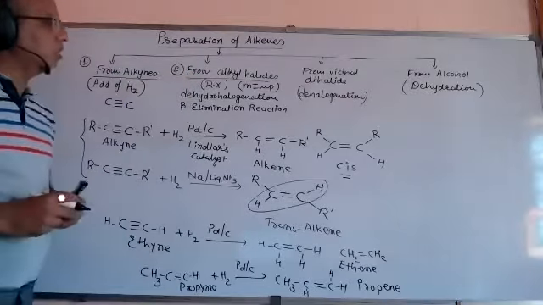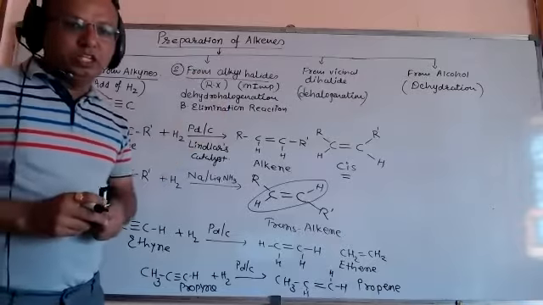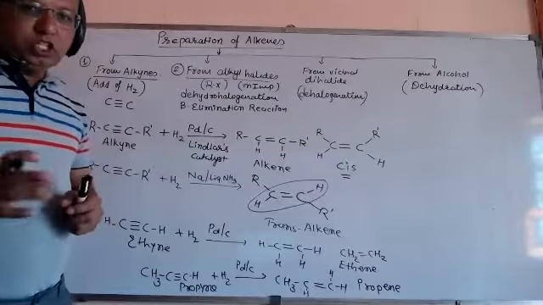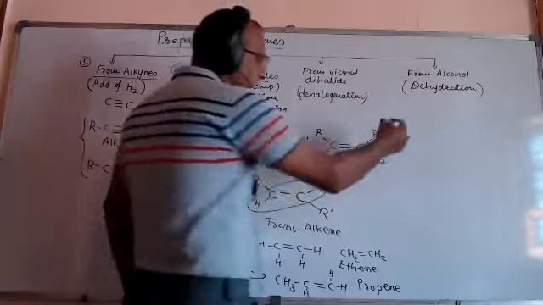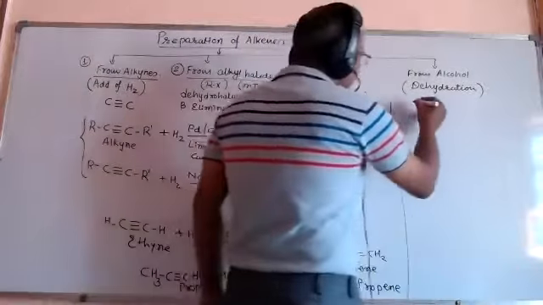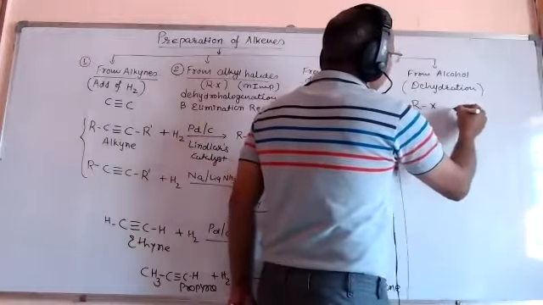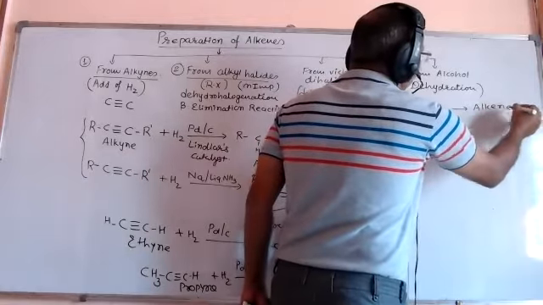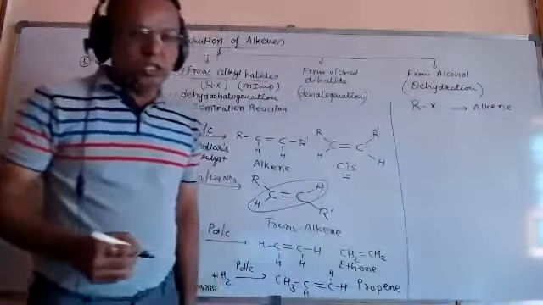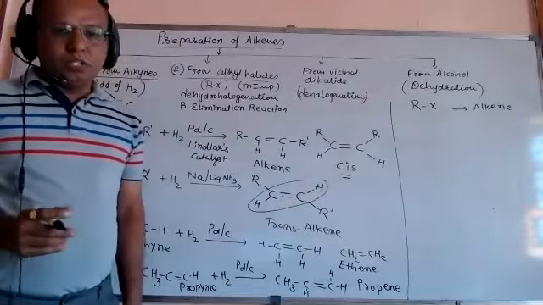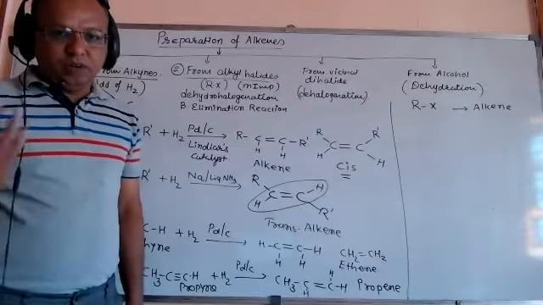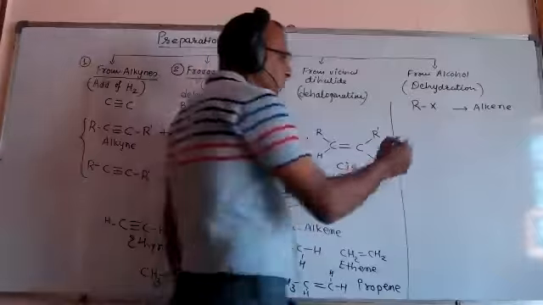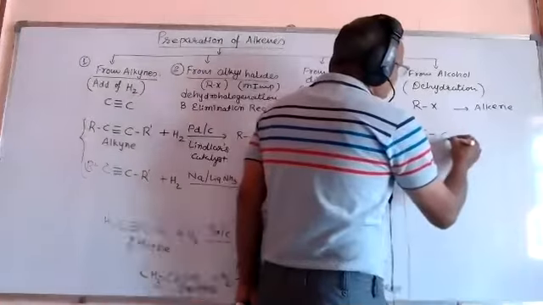Number 2 is alkyl halide to alkene. In this type of reaction, alkyl halide, commonly known as RX, we will obtain alkene. So this reaction is very special. This is called beta elimination reaction. Why is it called beta elimination or dehydrohalogenation? Let's learn. First of all, the